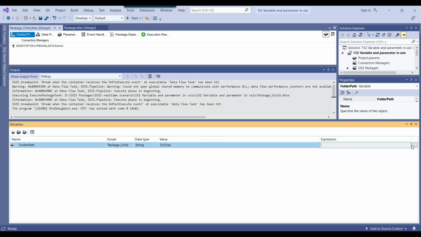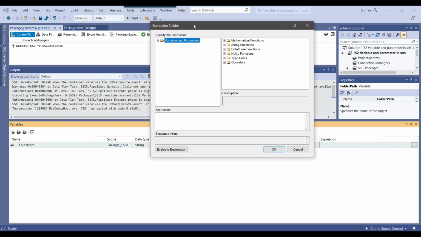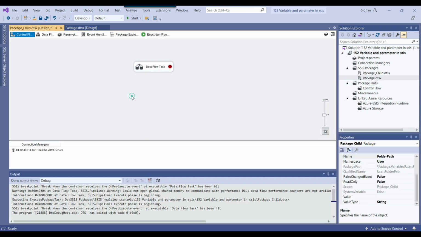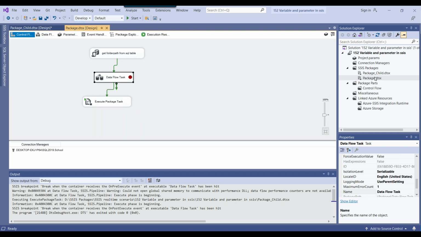So you can go to the expressions here, and from the variables and parameters you can select the package parameter. I can just drag and drop the package parameter here, evaluate expression. So now the value of the folder path variable for the child package will come from the package parameter. Now let's check whether it will get the value or not.